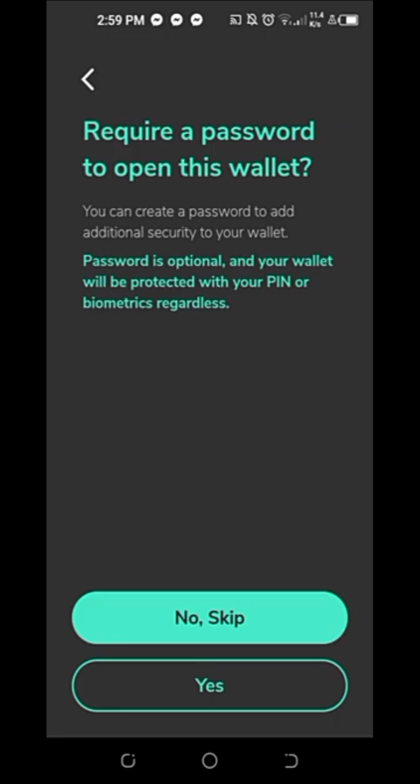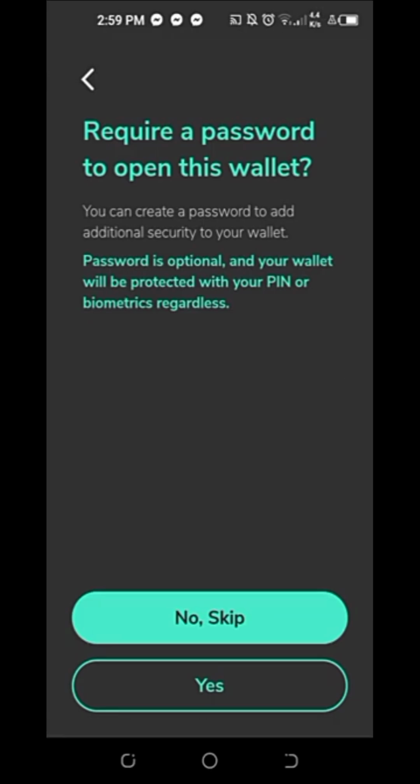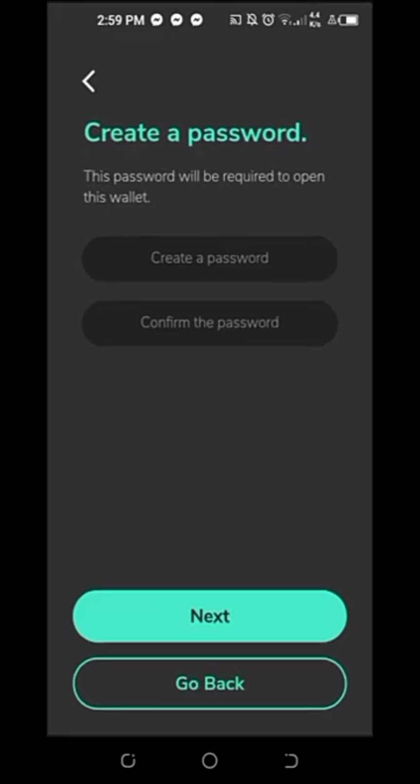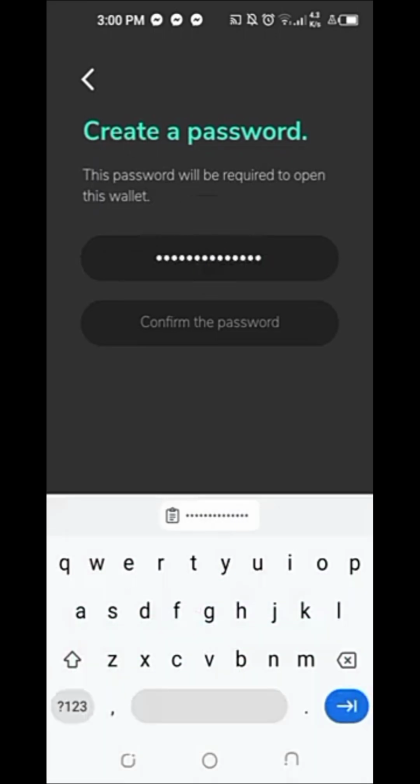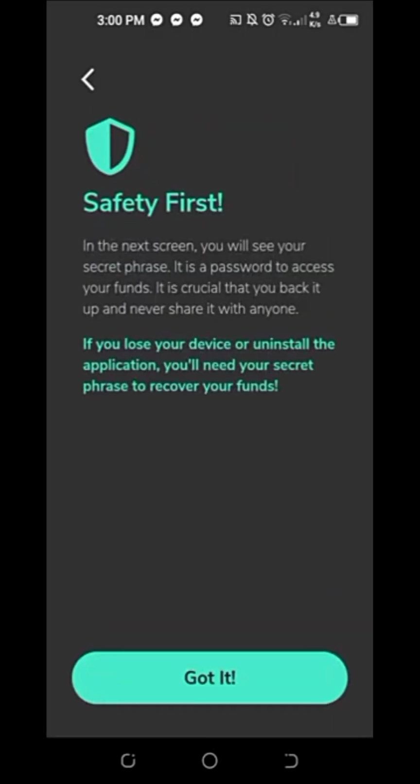Password is optional, and your wallet will be protected with your PIN or biometrics regardless. Okay, so for this one, I still clicked on yes. So you'll just need to enter your password and then confirm your password and then click on next.